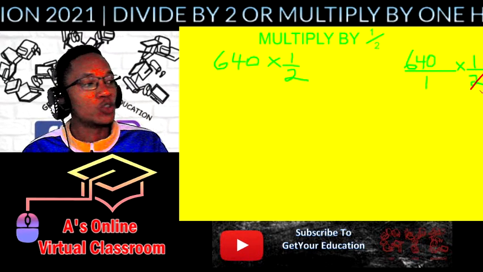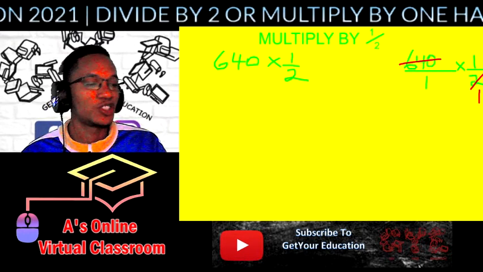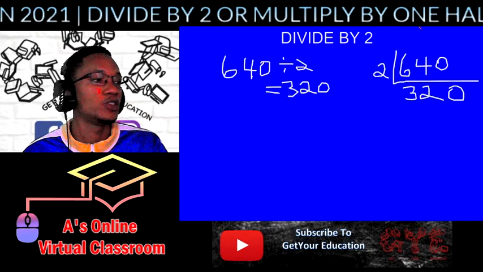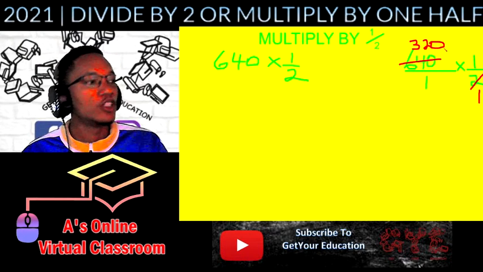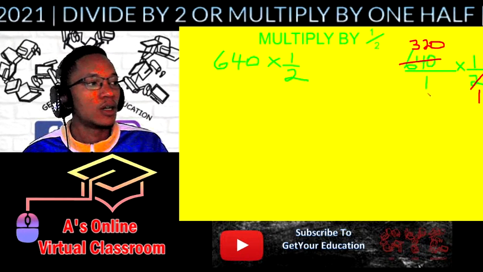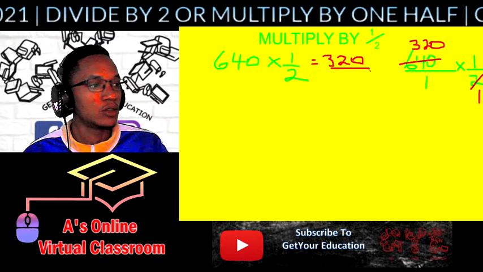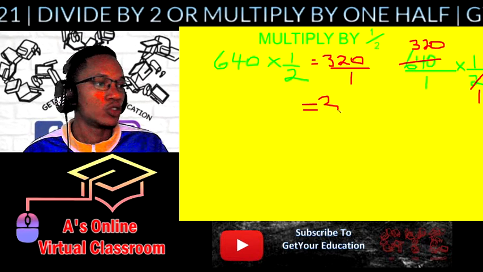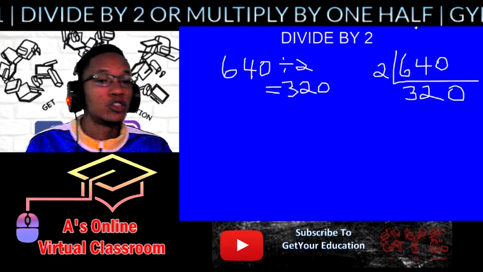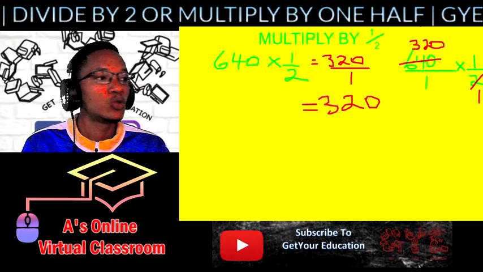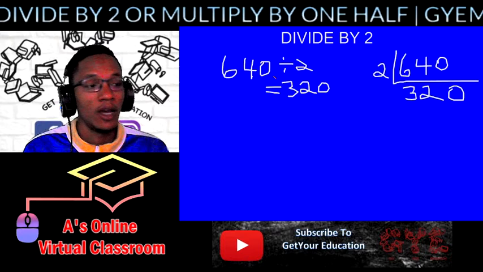So 2 into 2 is 1. We reduce any fractions. 2 into 640, which we just worked out here, is 320. So we remain with 320 times 1 on top and 1 times 1 below. So it was 320 over 1. So the answer is 320, just like dividing by 2. So dividing by 2 and multiplying by a half is exactly the same thing,